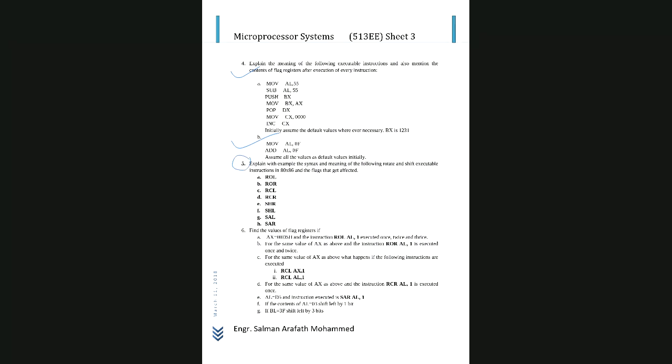Here in this session, I will be explaining all these instructions with examples. First, you have to understand what all these instructions mean and how they work. Then questions will be asked by giving an example, such as: if the value of the AX register is this, and you perform one of these operations one time, two times, then what is the value that remains in the register and what happens to the flag register? That kind of questions are there in 6.